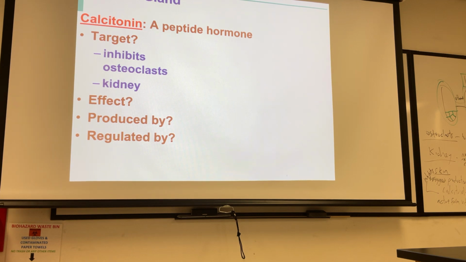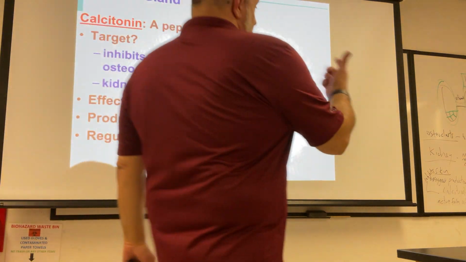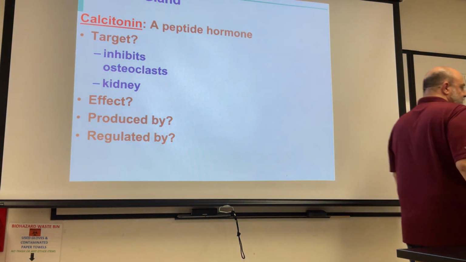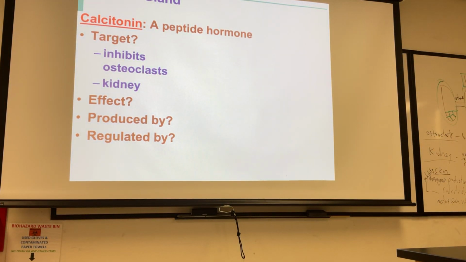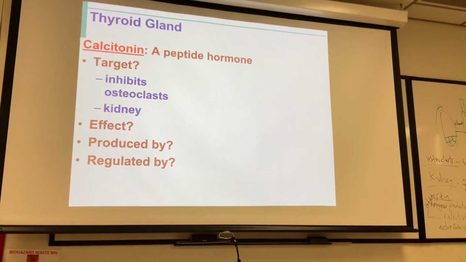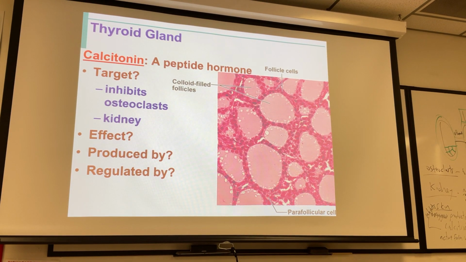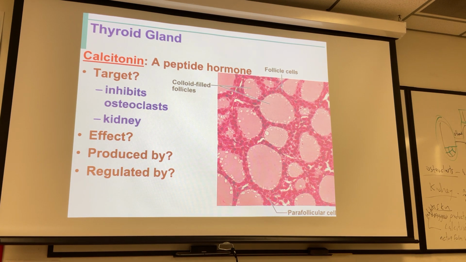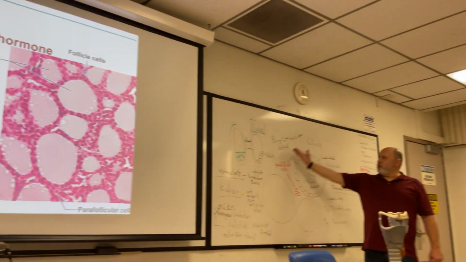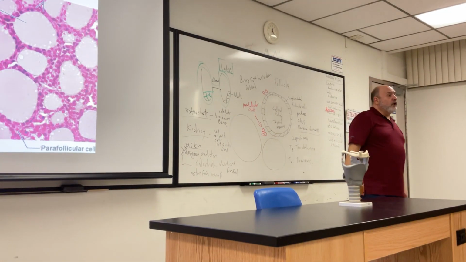So it's regulated humorally by calcium levels. All right. And then again, there we see that parafollicular cell producing the calcitonin. Now, the same way we want to bring calcium levels down, we also want to bring